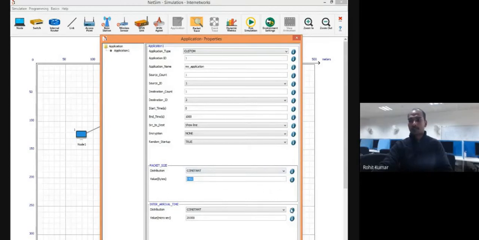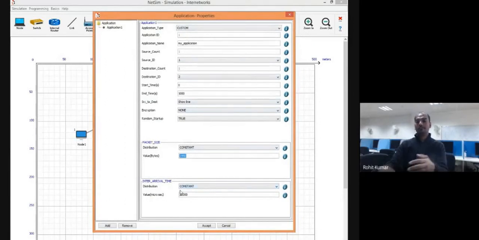So again, the inter-arrival time, the time between different packets. What is that supposed to be? Is it constant, or is it supposed to be exponential also? Similar options. So the traffic properties, how the traffic will get generated, how it will get distributed, what the difference can be from one packet to another packet, those are set up here.